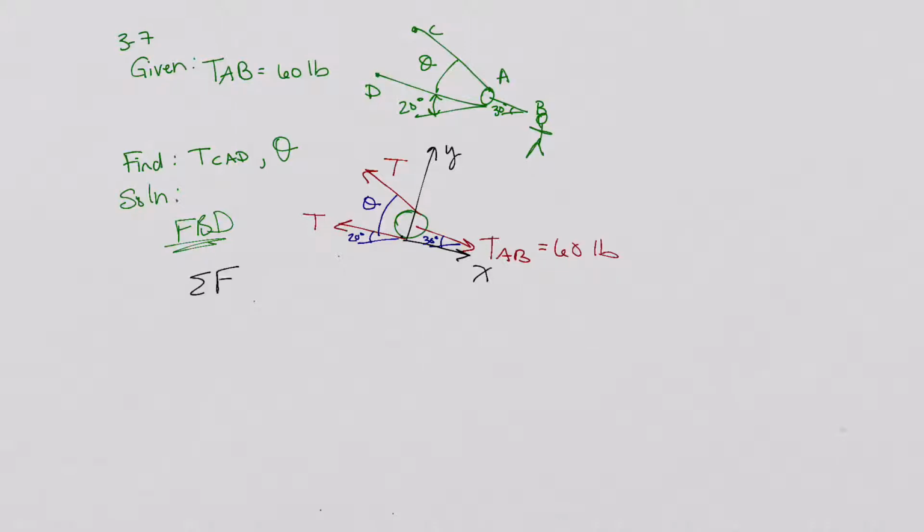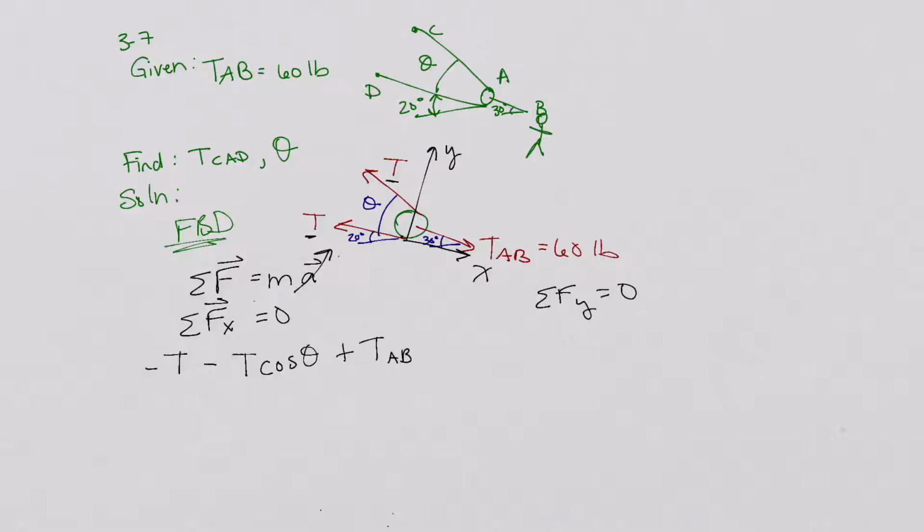So with these, the sum of the forces equals mass times acceleration. So the sum of the forces in the X direction, and here we're not moving, so that's 0. And also the sum of the forces in the Y direction equals 0. So for the X direction, the bottom T is just going to be negative T. The top T is still in that negative X direction, so minus T cosine of theta, because we want the component that's along T, so that'd be the adjacent side. And then for TAB, we have plus TAB,